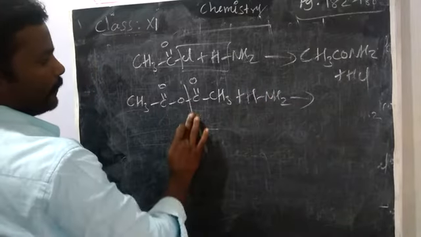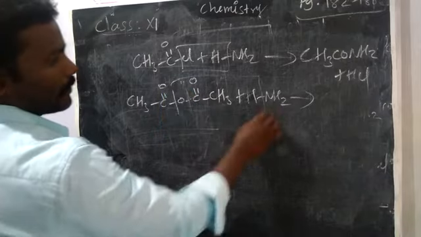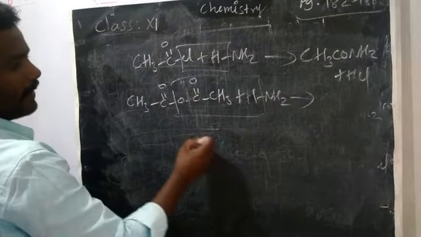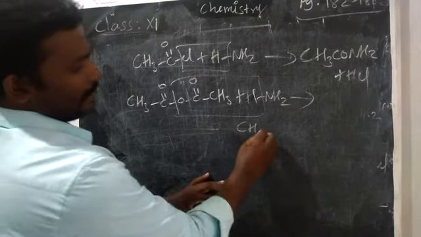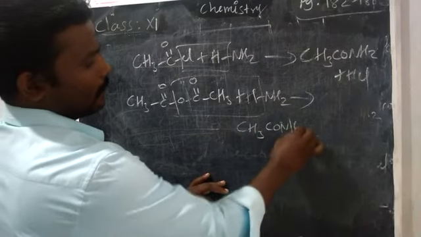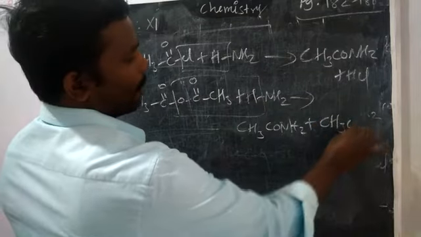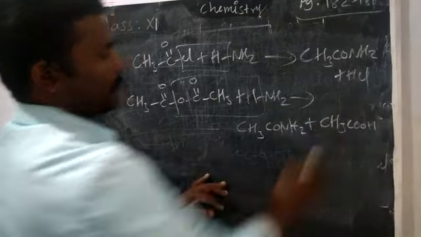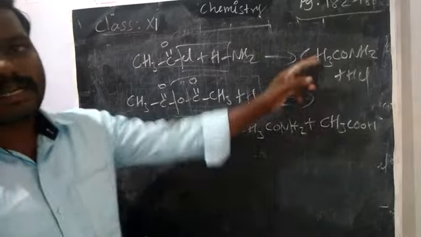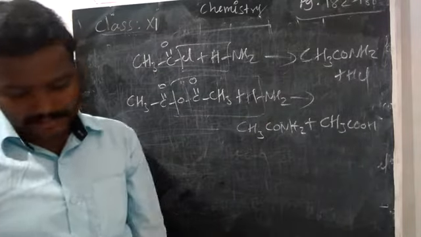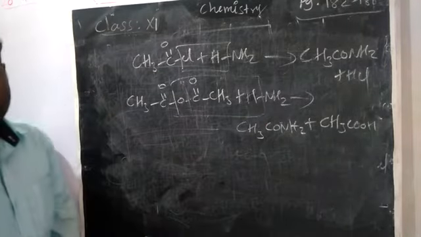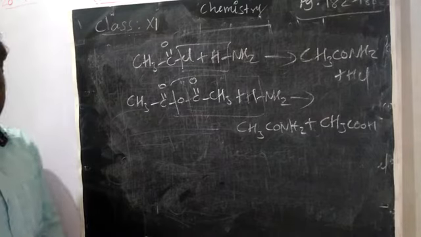You remove the acid group. So what will happen? Acetamide along with acetic acid. You will get these 2 products. Okay. Both reactions we have prepared acetamide. Okay. The last preparation, this is a unique preparation from